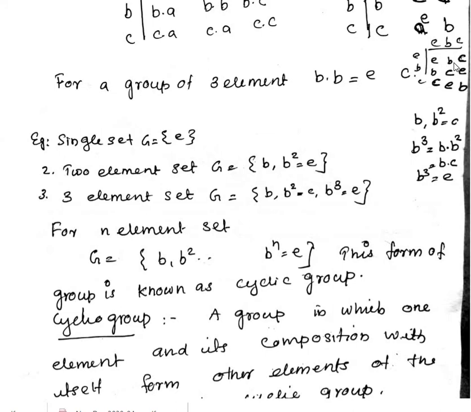So here in this column we will get B, C and E, and in this column it is C, E, B, C, E and B. So what is the rearrangement theorem? This theorem is known as the rearrangement theorem. Each element in GMT appears only once in each row and in each column.